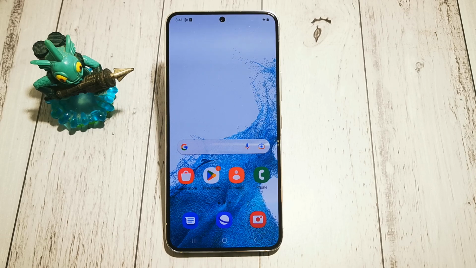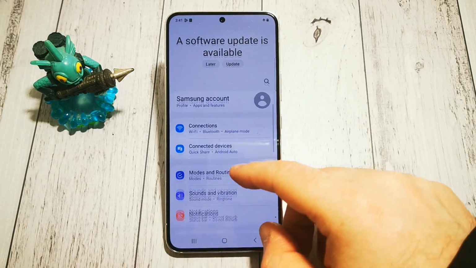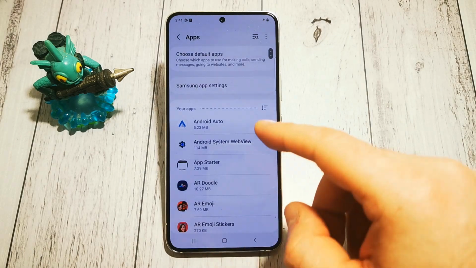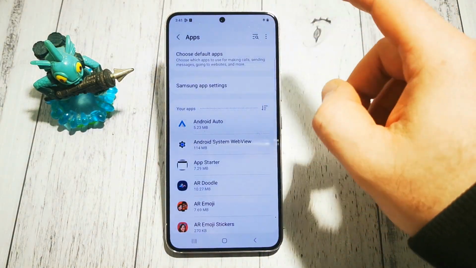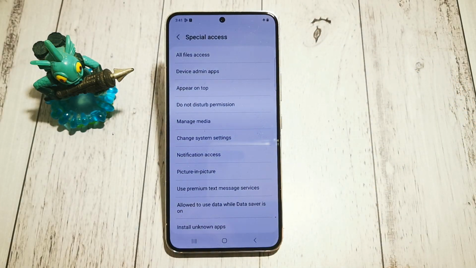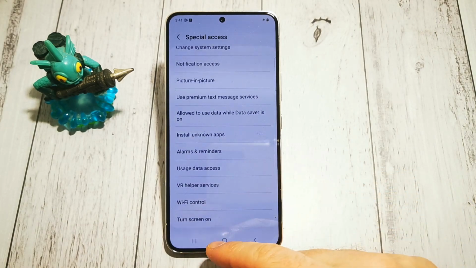Today I will show you where to find the option and where to look for our turn screen permissions in Samsung Galaxy S22. So we need to go to settings, then we are looking for our applications menu here. Next at the top right, three dots menu, then special access, and now we are looking for our